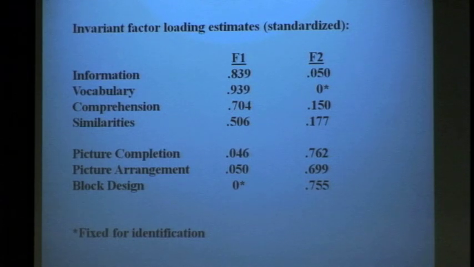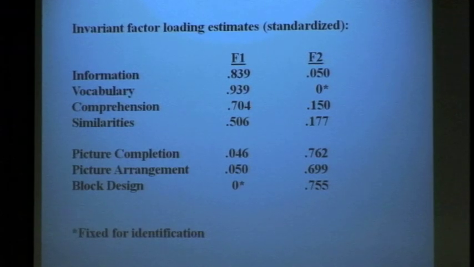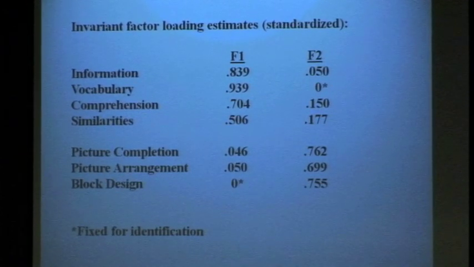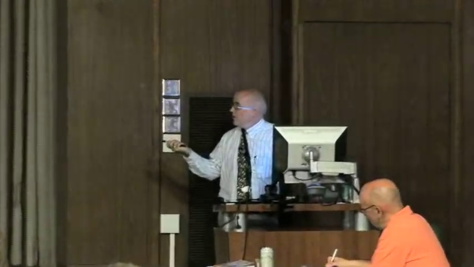You have to watch with standardization because you don't want to standardize separately within groups because the groups have different variances. So you use a standardization that is a common standardization across groups, and LISREL offers that as part of the output. Mplus doesn't for some reason, but you can get that in LISREL. And I'll just mention that the zeros there, those are fixed zeros for identification. So at the beginning of the whole process, remember I said I'm going to force vocabulary to load just on this factor and block design on this one. So I did that by making these zeros. And that's the only constraint on the loadings, and that's true in both groups.